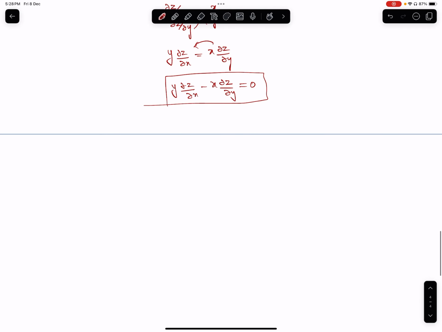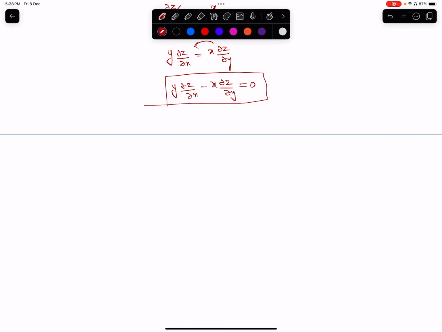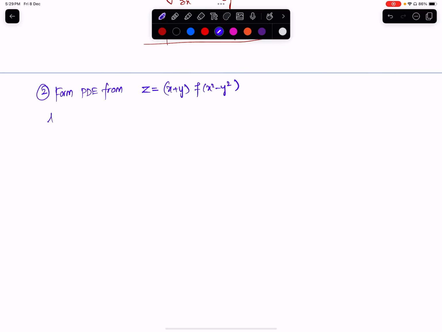Okay, so let us go to the second question in the same idea. Form the PDE from z = (x + y) f(x² − y²). So, answer. Differentiate with respect to x. So ∂z/∂x